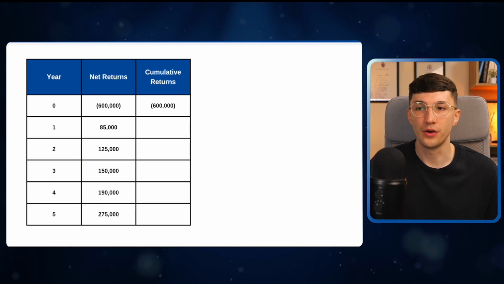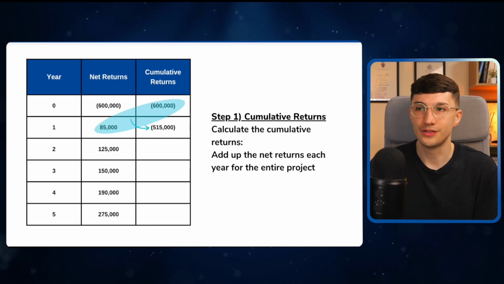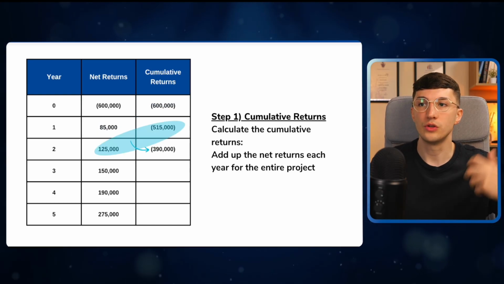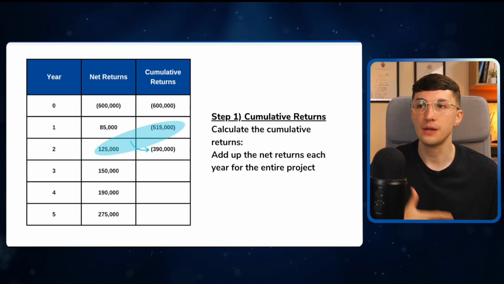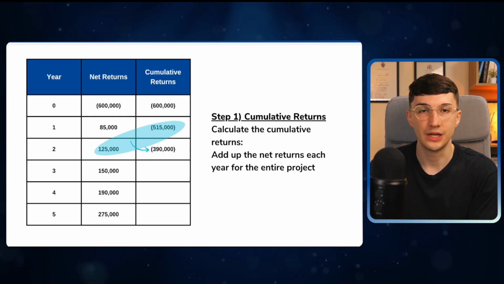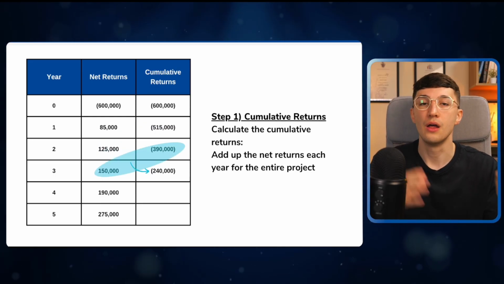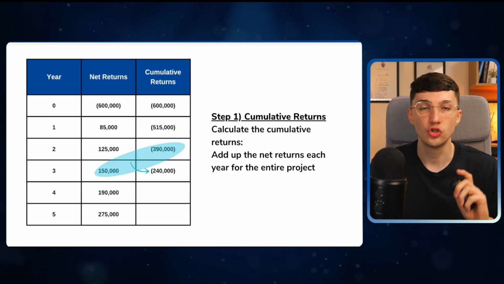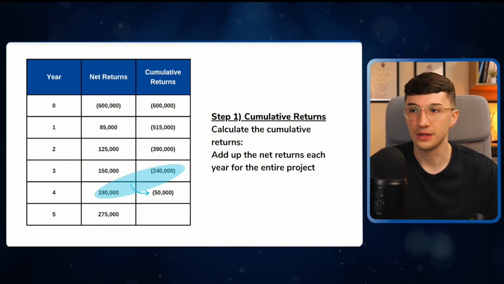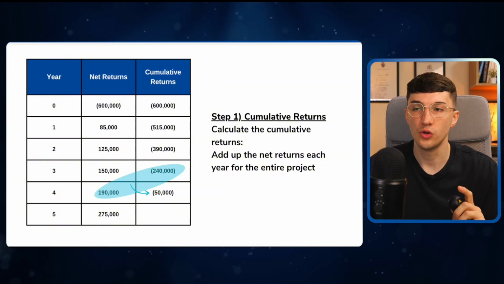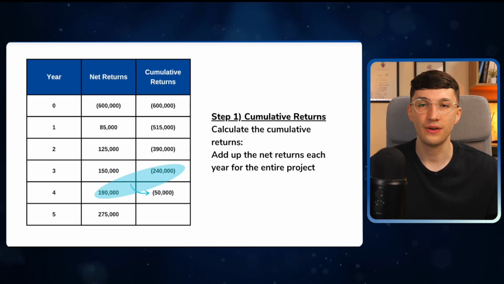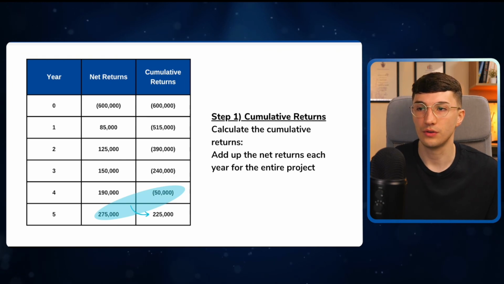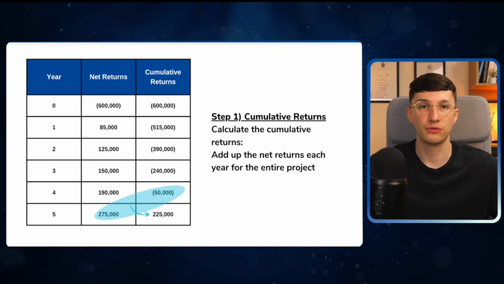Year 0 will be minus 600,000. Year 1: minus 600,000 plus 85,000 equals minus 515,000. We do it again for year 2. Minus 515 plus 125 gives me negative 390,000. We do the same thing again. Minus 390,000 plus 150,000 gives me minus 240,000. We do the same thing again. Minus 240,000 plus 190,000 gives me negative 50,000. And finally, for the very last year, minus 50,000 plus 275,000 gives me a cumulative return after 5 years of